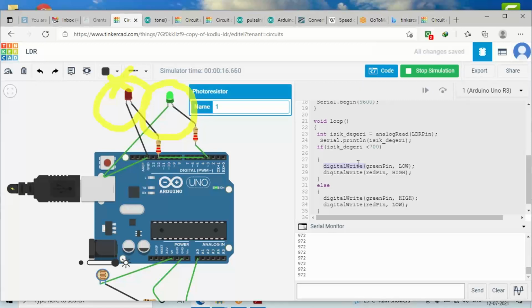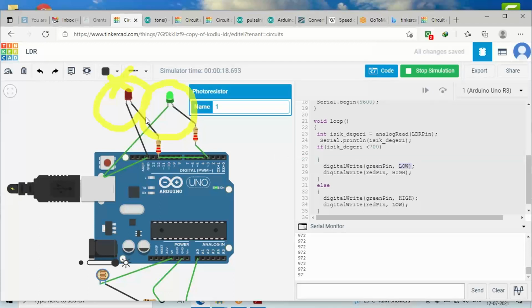If the value is less than 700, I have to switch off my green LED and switch on my red LED. digitalWrite requires two parameters: first, which channel you want to work on, and second, what value you want to pass. So for the green LED, I'm writing green LED here and marking it as LOW. So what will happen?